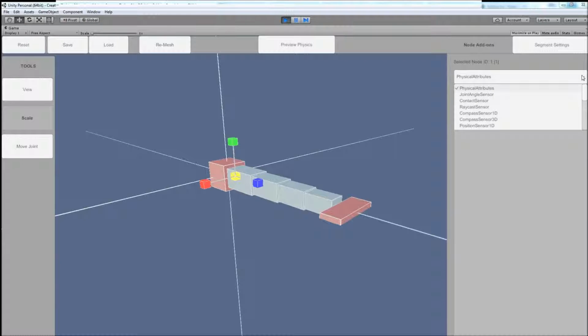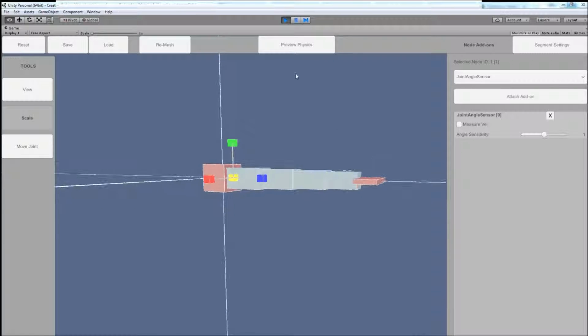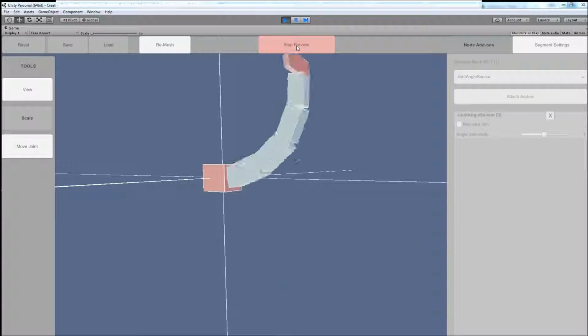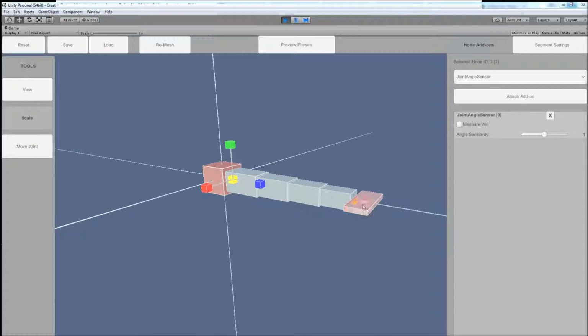Most notably, a joint angle sensor, which basically tells the creature the current angle of bend of each joint. So if it's in this rest position here, it will know that the joint isn't bent at all. Whereas if it's down like this, it will know that it's bent all the way to the extreme. And I'm going to add that to each of these segments. It's automatically added to each of them because they're a copy of itself, and the